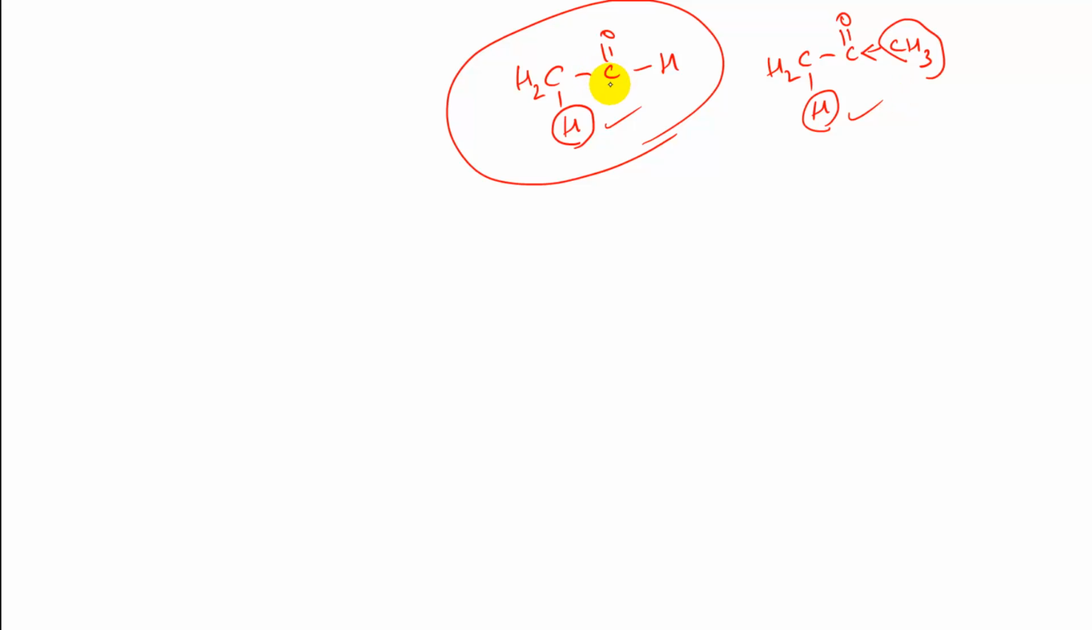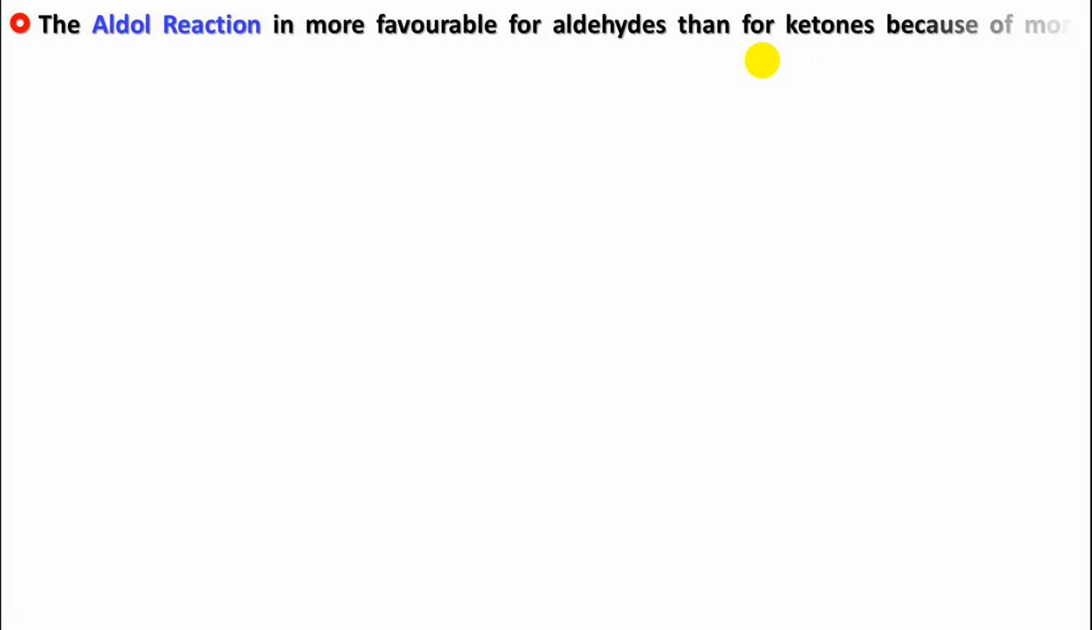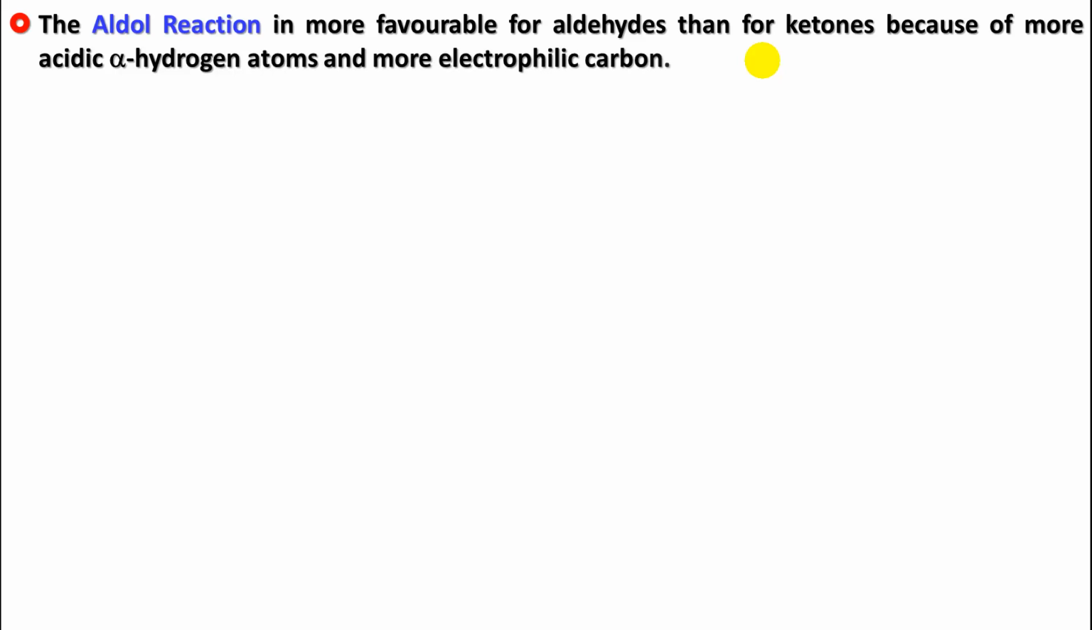The second reason is that the carbonyl carbon is more electrophilic in the case of aldehyde. More electrophilic meaning this contains greater positive charge. Again, for the same reason, there's an alkyl group here, and this alkyl group exerts a plus I effect, and the plus I effect diminishes the electrophilic nature of this carbon. So aldehydes have a more electrophilic carbonyl carbon than ketones, and both of these are important for aldol reaction and condensation. So the aldol reaction is more favorable for aldehydes than for ketones because of more acidic alpha H and